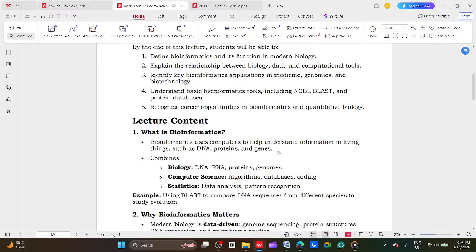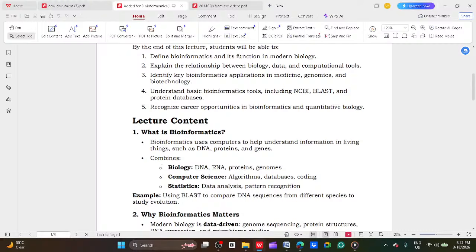So just to tell us, what is bioinformatics? Bioinformatics is the use of computers to help us understand information in living things such as DNA, proteins, and genes. For some of us that did genetics, you will know the difference between DNA, genes, and chromosome. You will see that genes are small segments in the DNA. So that means